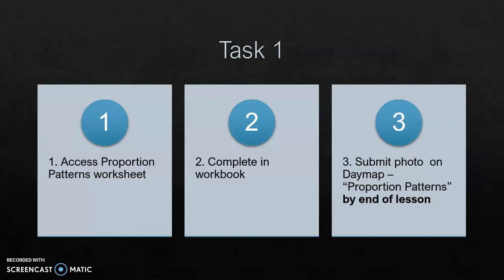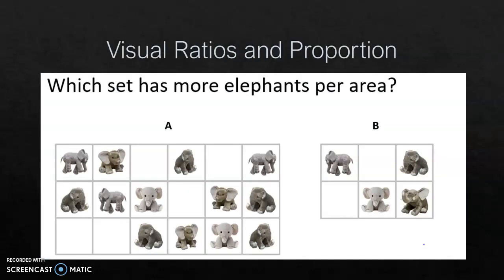So now we're up to task 1. You need to access the proportion patterns worksheet on Daymap. Complete it in your book and then submit a photo on Daymap of proportion patterns by the end of the lesson. Okay. Once you've done task 1, you can move on to task 2, and task 2 deals with